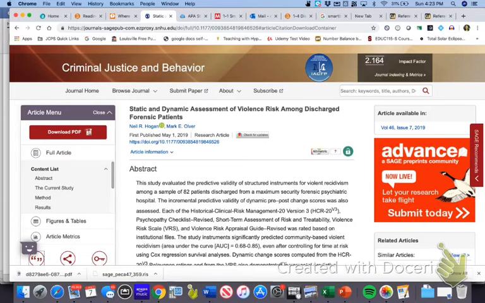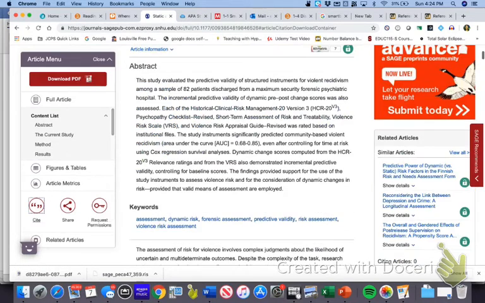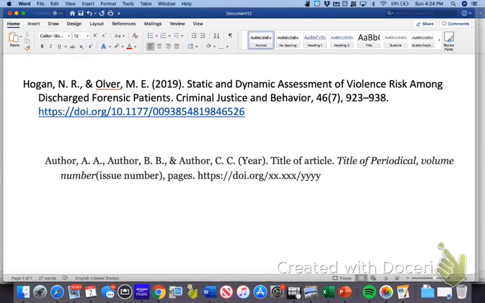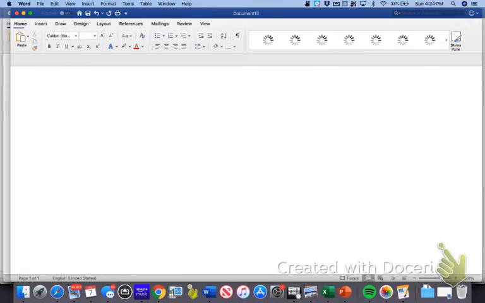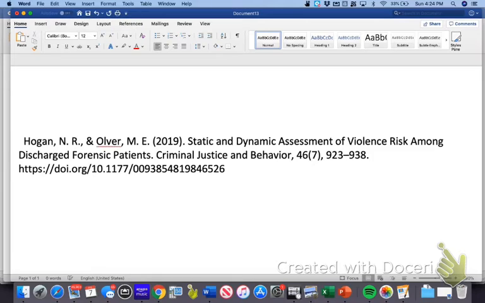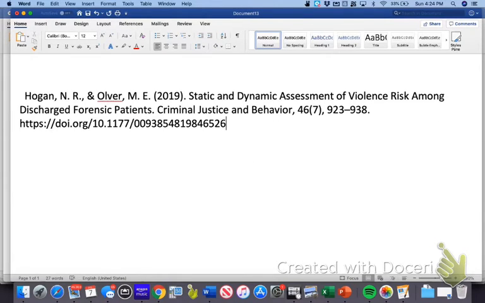And what should happen in a perfect world is that you should be able to go to your article, like this example that I have here, and you should be able to click on this button that says Cite. And what that's supposed to do is generate a correct end citation for you. You should be able to just select that you want APA formatting because we know that's what we're using. You should be able to click copy to clipboard. Then you should be able to make a new document or to open up your research paper document. And you should be able to paste it in there,